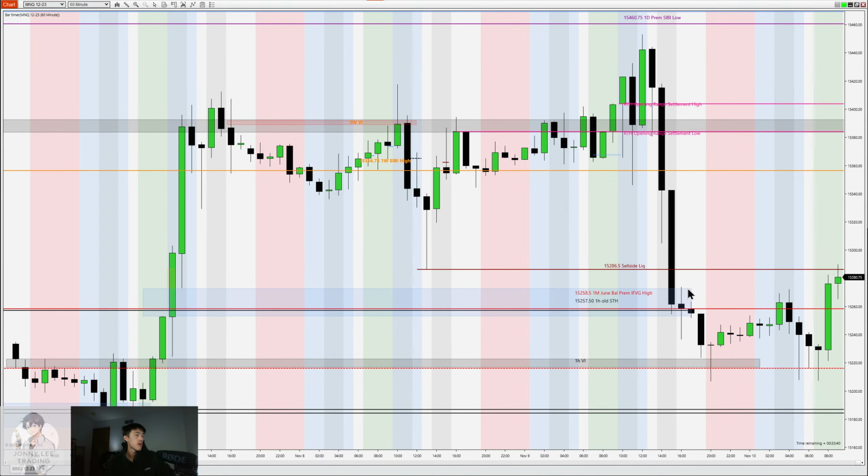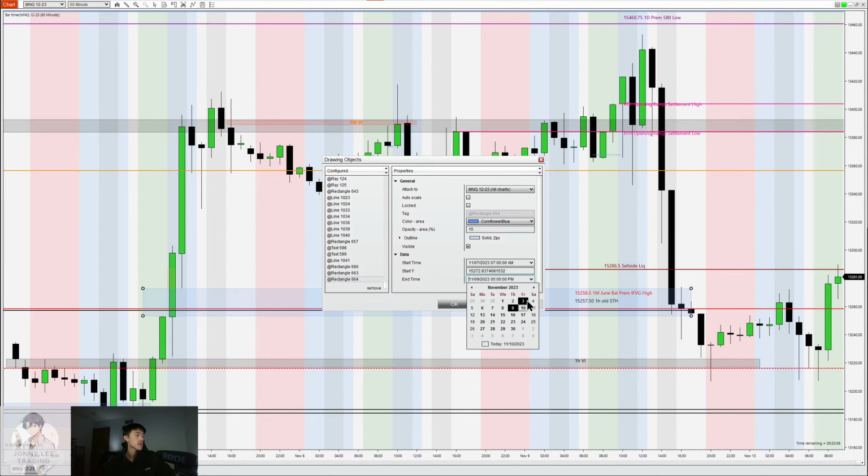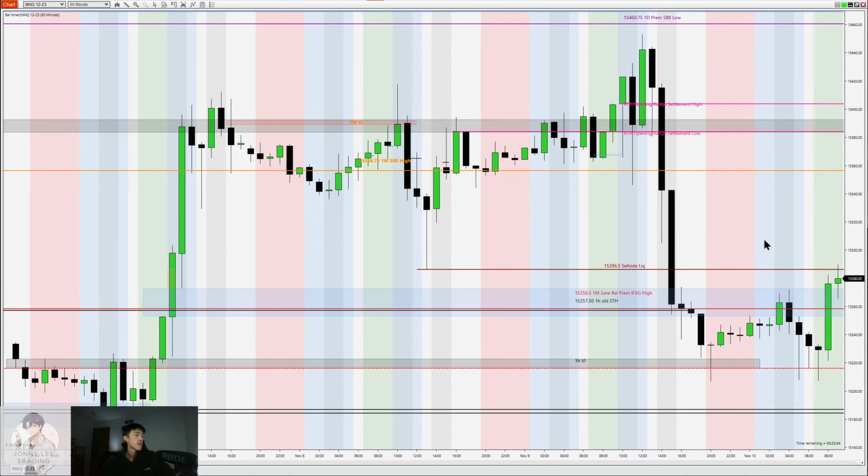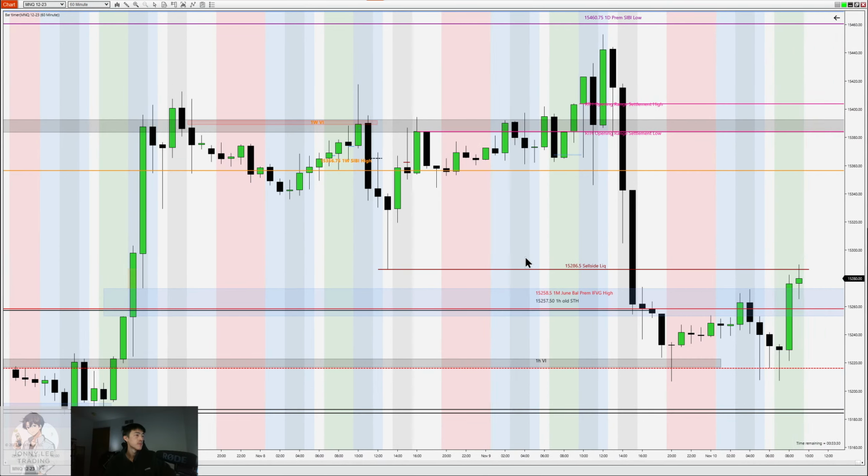But I am curious about extending this over, because originally we wanted to see that pass through and then reject through. But what we're seeing now is that we're actually using this on the opposite side, heading into these areas of liquidity, like I mentioned yesterday.